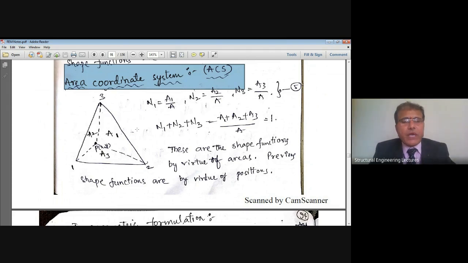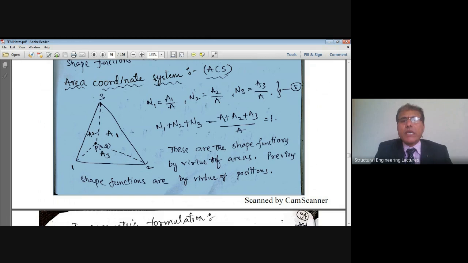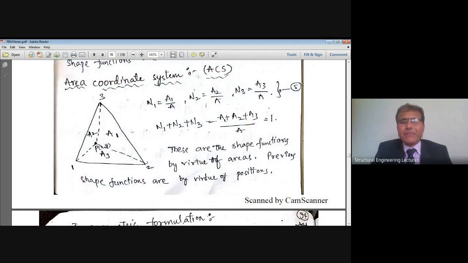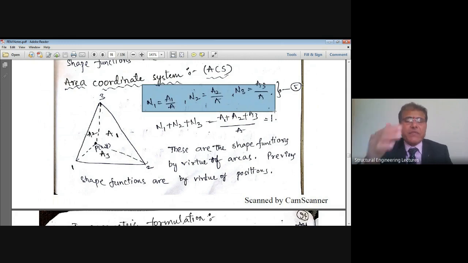Therefore, if I split this total area A into 3 parts, A1, A2, A3 respectively, then the shape functions can also be written using the area coordinate system. This is the third coordinate system, which is called the area coordinate system, students. I hope you are understanding, right? N1 is equal to A1 by A, N2 is equal to A2 by A, N3 is equal to A3 by A, meaning a fraction of the area,